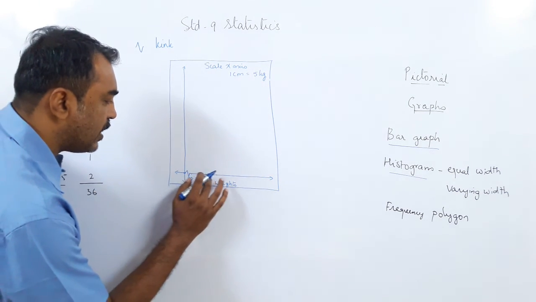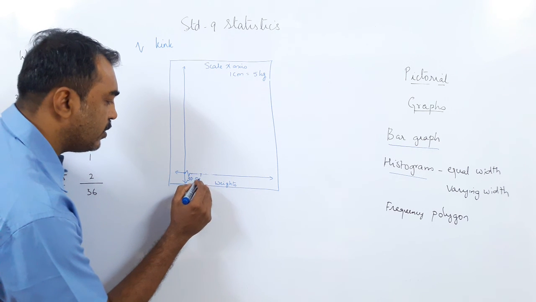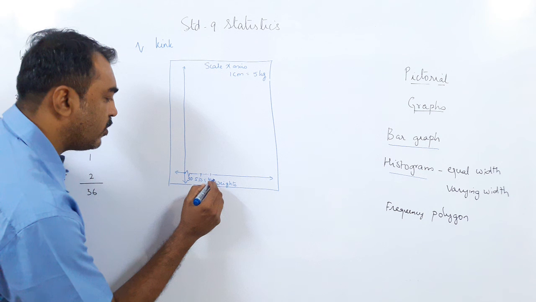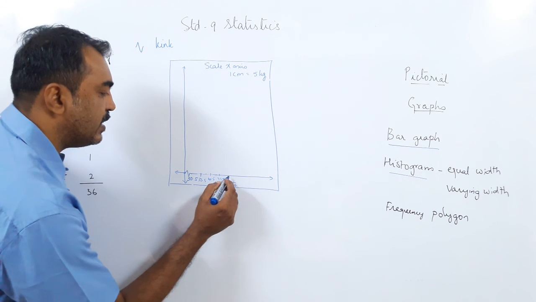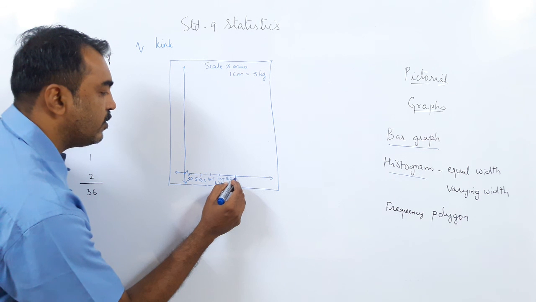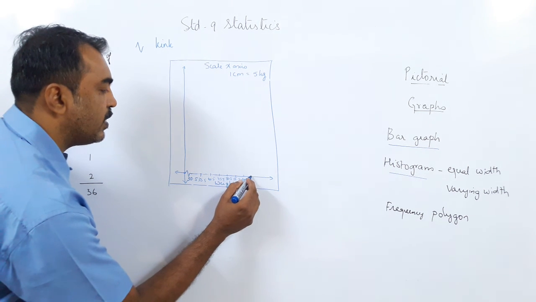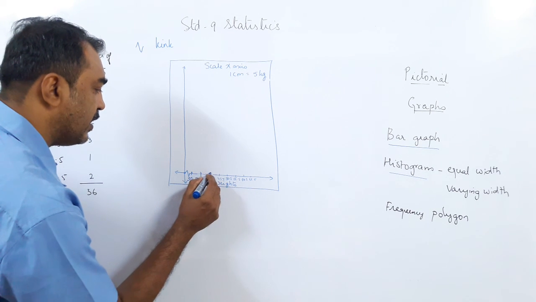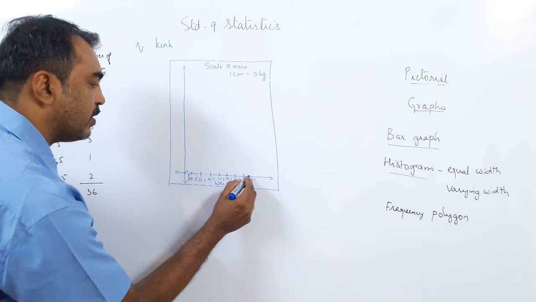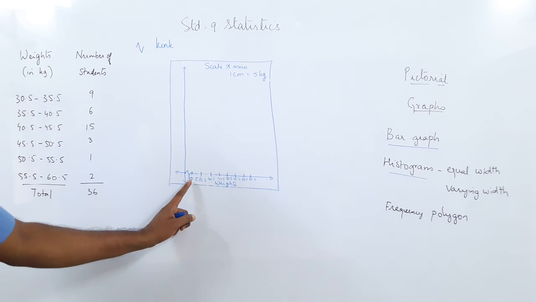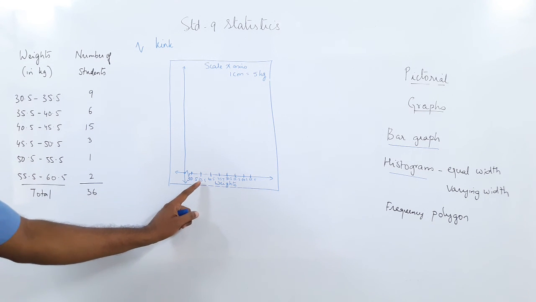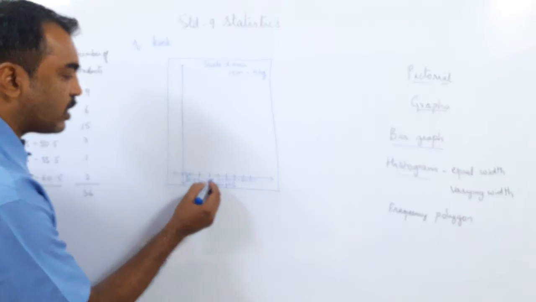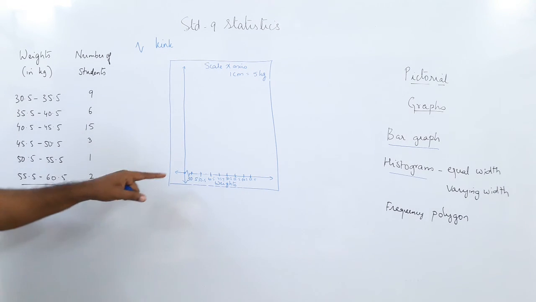So 30.5 I got. Now I can change the rest. 30.5, 35.5, 40.5, 45.5, 50.5, 55.5, 60.5 and 65.5. Okay? I hope you can see. I have put the lines here. So every line is indicated with these points. Equal spacing. Now you can see there is no gap in between. 30.5, after 5 units, means 1 centimeter, 35.5 after 1 centimeter, 40.5 and so on. There are no gaps. In a histogram there is no gap. Okay. So this is the weight we put and the kink.